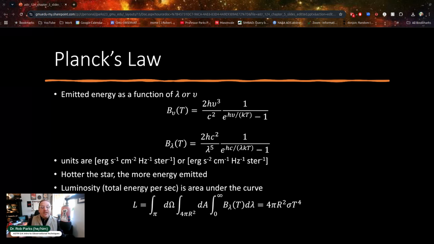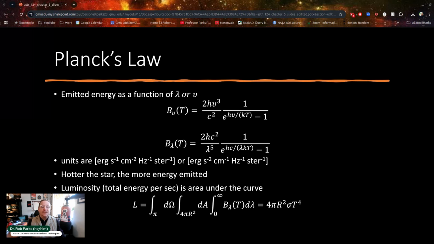And effectively, you can get there by integrating Planck's law over the entire surface, over all wavelengths or frequency. In this case, I have listed it in terms of wavelengths, but ultimately it doesn't really matter. You finally get to the endpoint, which is